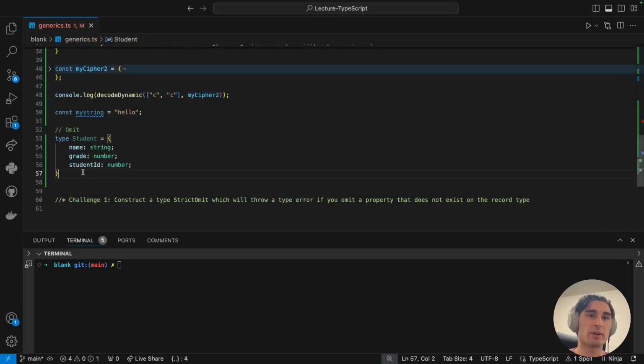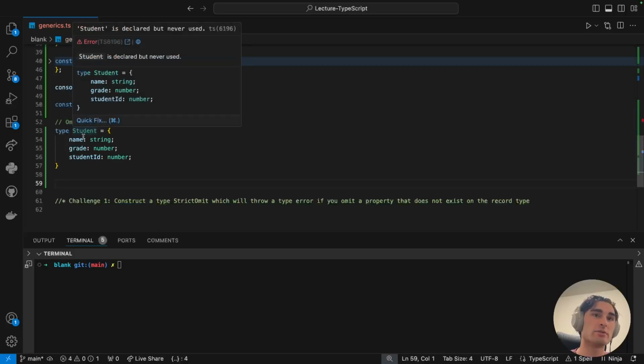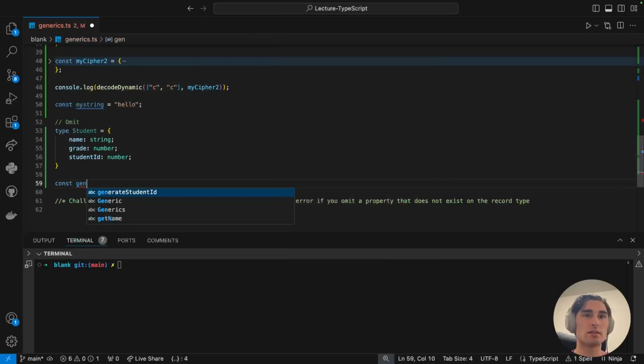One final useful thing we're going to cover is a built-in utility type in TypeScript. A utility type is just some type that helps you construct a type from some other type. There are quite a few within TypeScript. Many of them are very situational, but the omit type, which lets you have an initial type and omit certain properties from it, is rather useful. Let's say that we wanted to write a function to generate a student ID, and from that then return a student. We could say const generate student ID